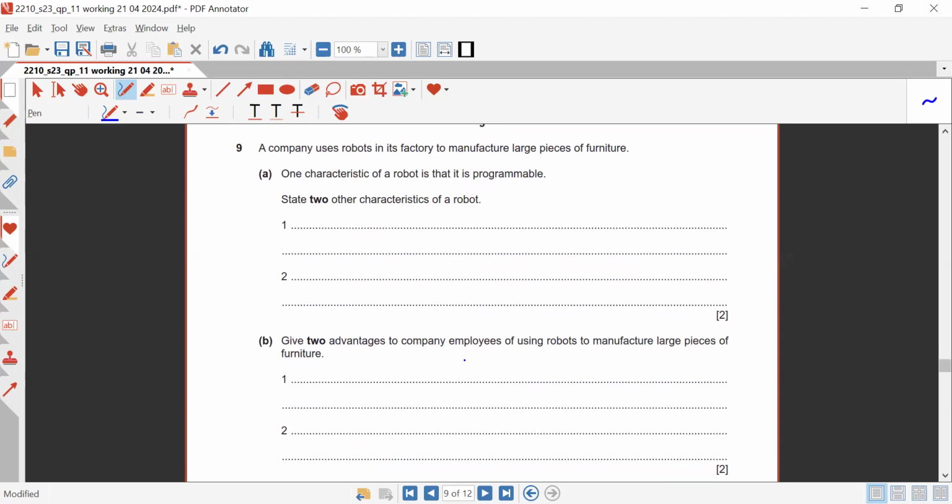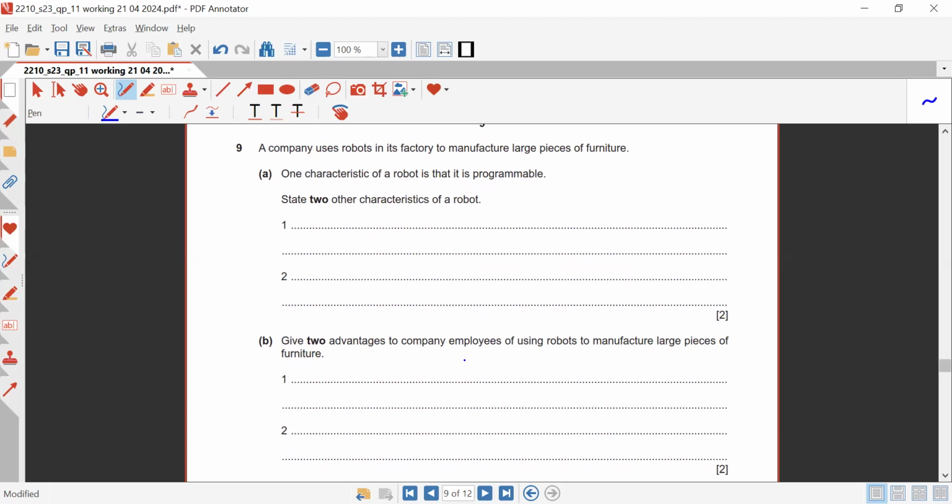Okay. Now coming towards question number 9, what does question number 9 say? It says the company uses robots in its factory to manufacture large pieces of furniture. One characteristic of a robot is that it is programmable. Okay, now they are asking about the two other characteristics of a robot. So the two characteristics of the robot are